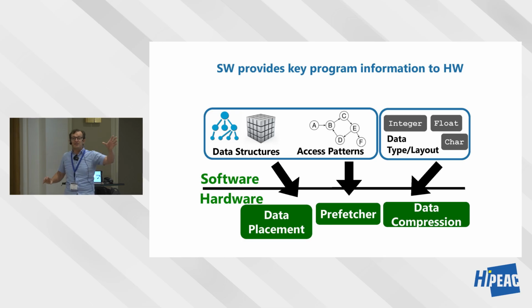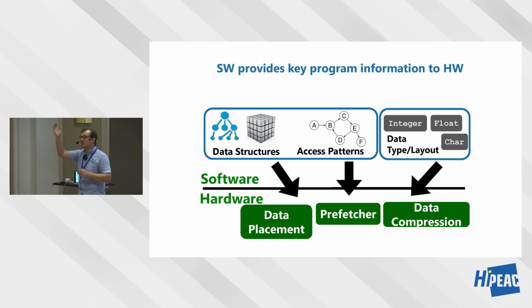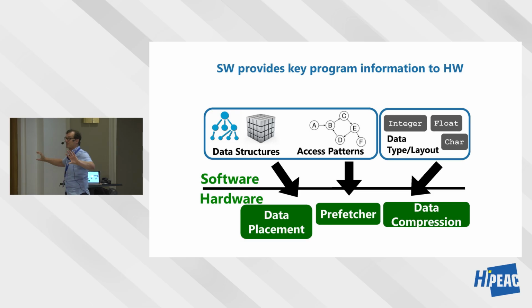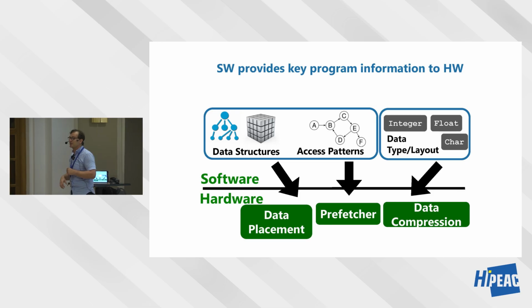So if you know some data has a characteristic that's very streaming accesses, you allocate it to a memory that's optimized for streaming. If some other data has random access patterns, you allocate it to memory that's much more optimized for random access. And you can customize memories for different types of accesses. So you could actually design the prefetcher this way. This particular paper shows an example. You can customize your data compression algorithms in the hardware layer so that it is a better fit for different types of data types and layouts, for example.